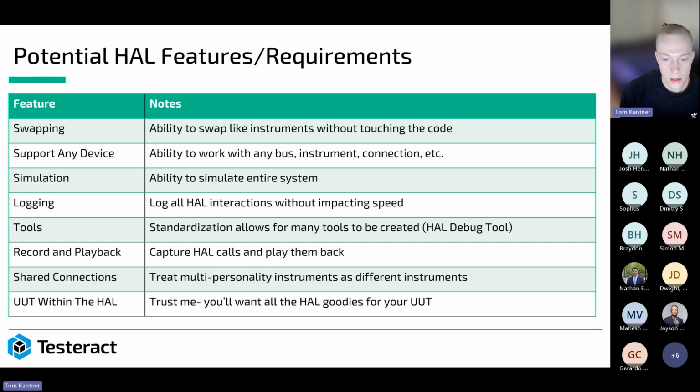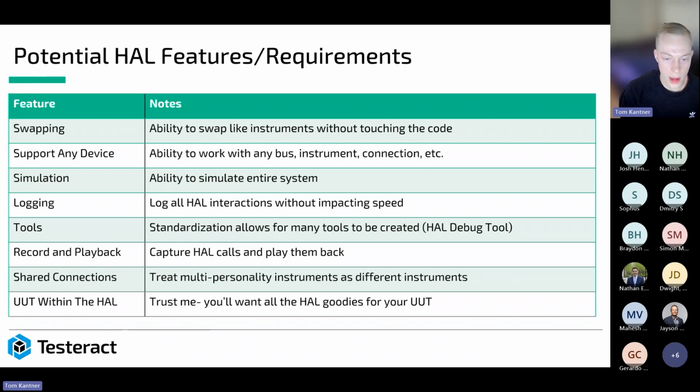Another thing that most HAL should have is tools that allow you to easily develop in the HAL, which may be like project templates. Another thing is debug tools. We have a great tool here, which again, we will show a little bit later in the demo, which is the HAL debug tool. This allows you to basically expose the individual methods or functions inside your API and kind of run those,